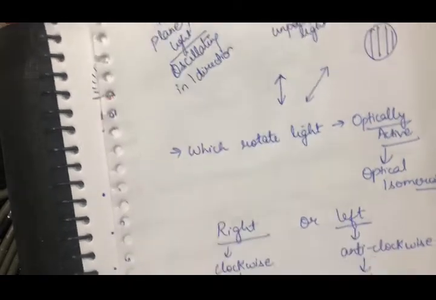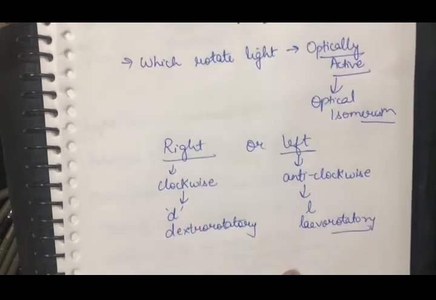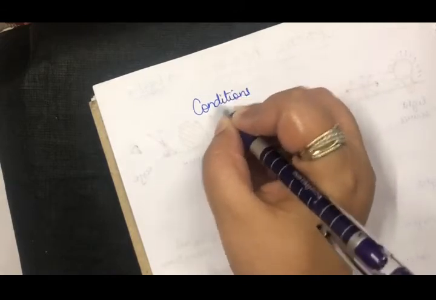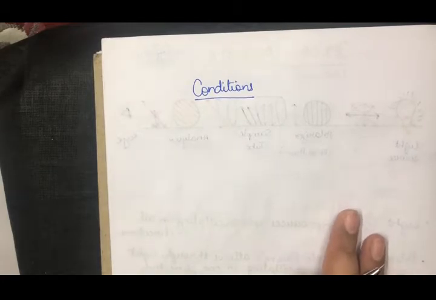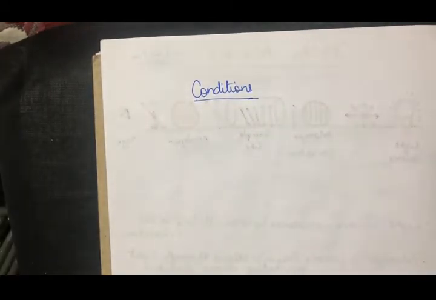So now we know which compound we call an optically active compound and which compound we call an optically inactive compound. Now, what are the conditions by which we will say that the compound is optically active or not, because every time you have to identify optical activity, you do not have this entire setup. This is very expensive. So what we'll do is, we have few conditions, and if a compound is following those conditions, we say that the compound is optically active.